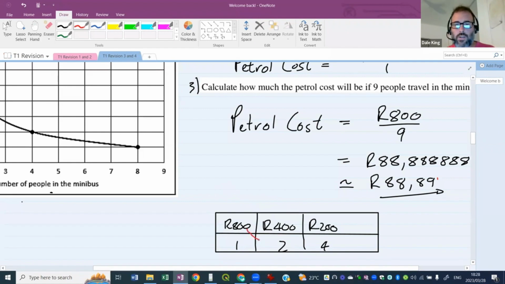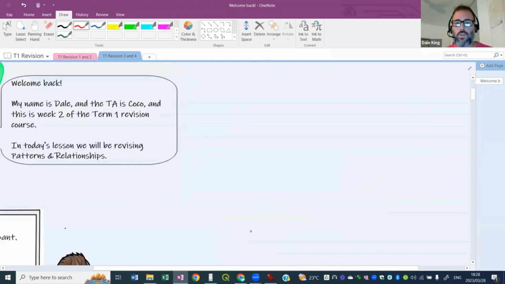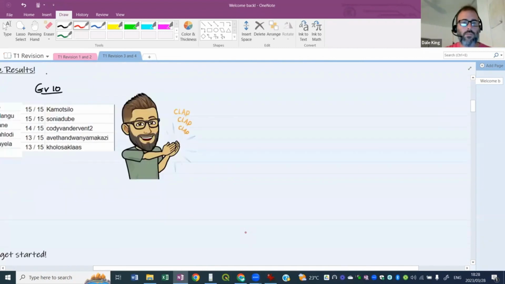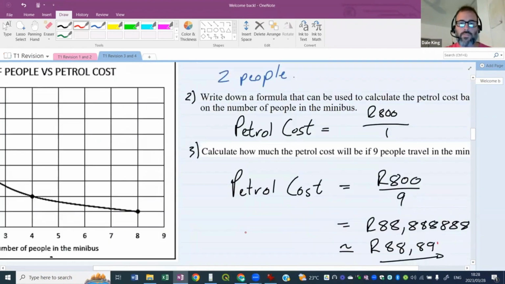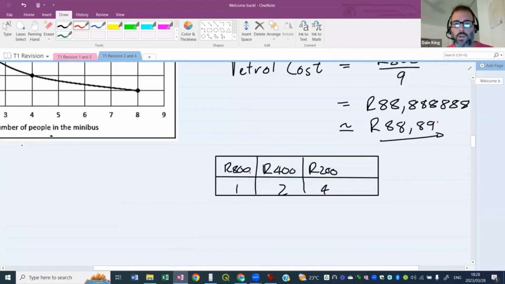So 800 divided by 2 gives us this 400 Rand value here. If I draw an arrow all the way across, 800 divided by 4 gives us this 200 over here. So we're trying to find a pattern in the values that they've presented us in the graph to help us